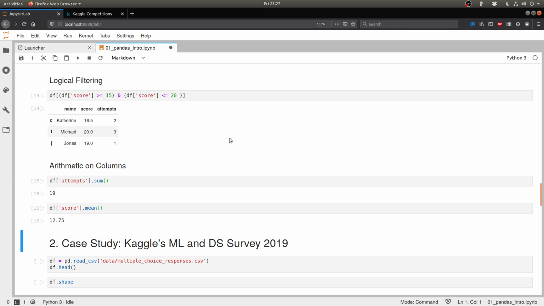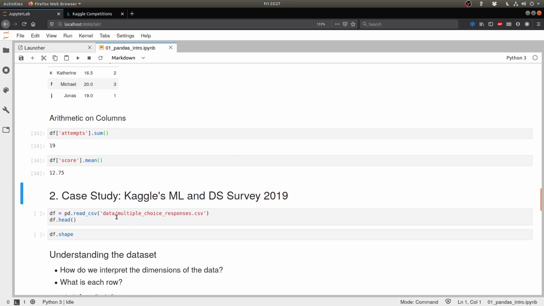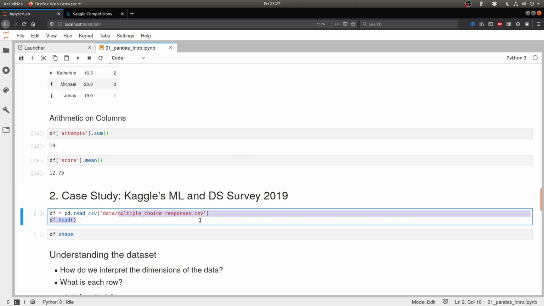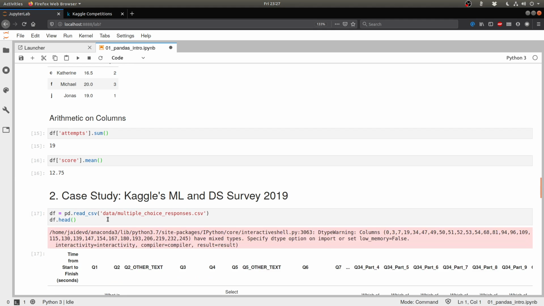So essentially what we're going to do in this particular case study is take the data from this survey and try to see what sort of analysis we can do on that. This is the file which contains the survey results. Let's read that file. It's a CSV file, which means it's a comma separated value file. We are going to use the read_csv function, again included with pandas, to read that data into a data frame. And as we know, the head function is going to give us the top 5 rows. Let's take a look at that.